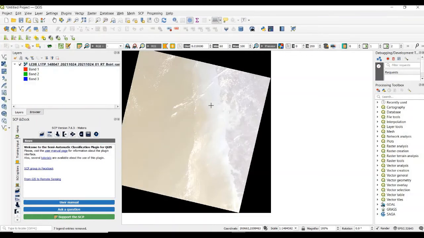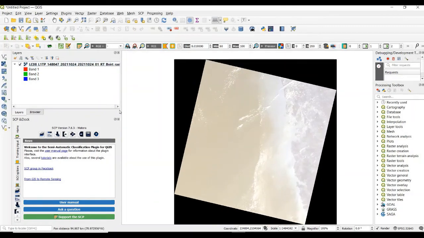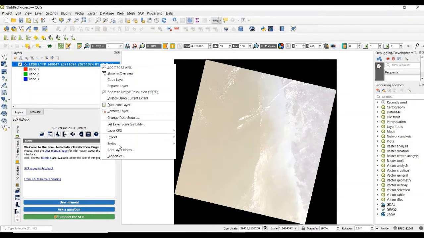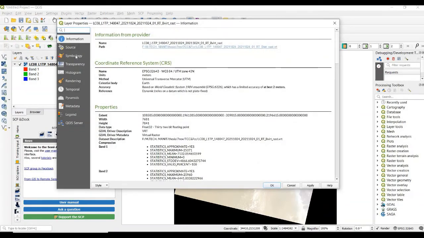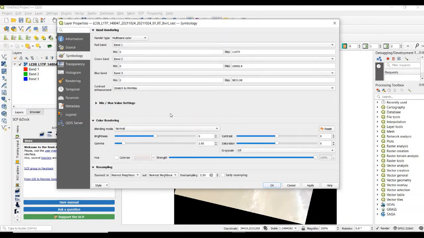Yes. So we see that red, green, blue true color composite is generated. So go to property and symbology. Here